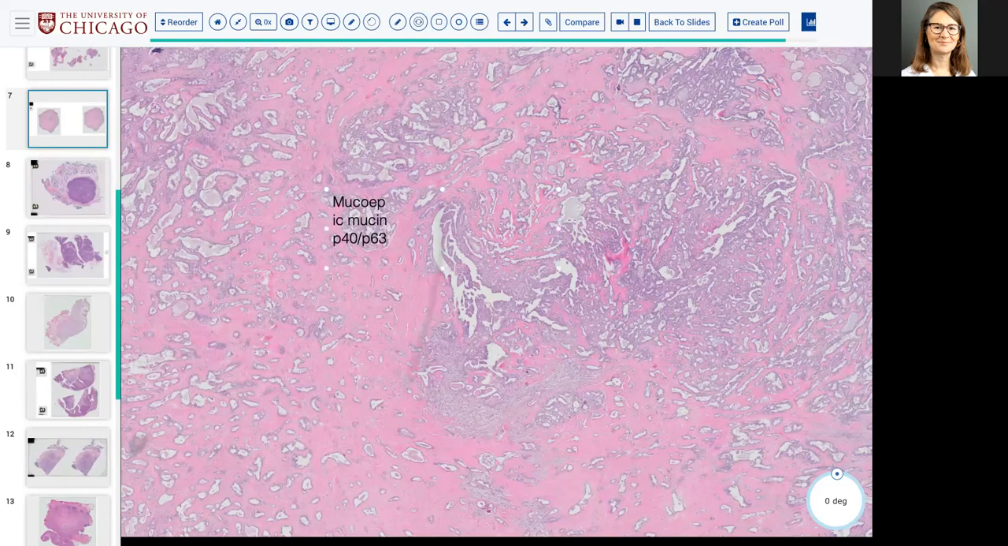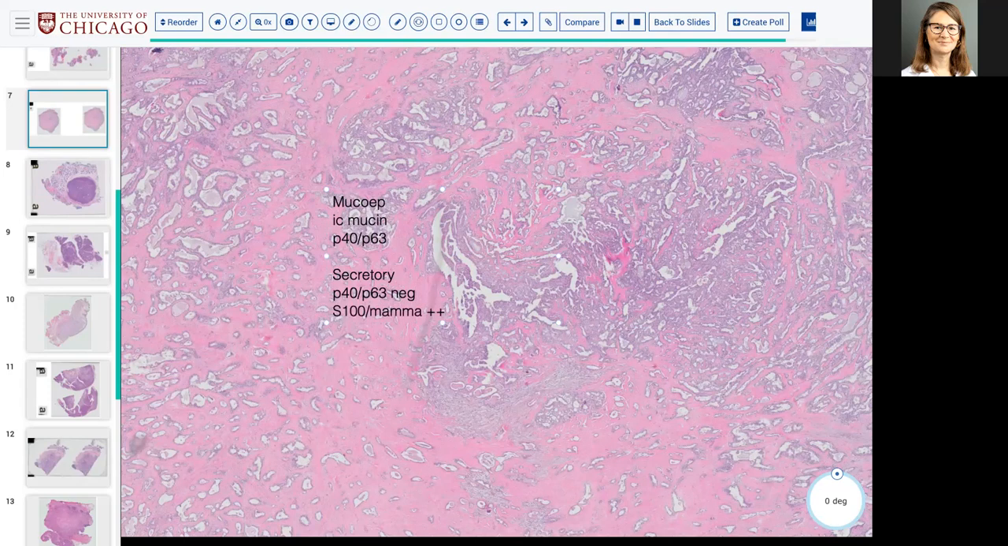All right, and then, as already mentioned in the comment, for secretory, what are P40 and P63 going to do? It's negative, exactly. These do not show any basaloid or squamoid differentiation. So right away, mucin and P40, P63 are going to be helpful, with the addition, as mentioned already, of S100